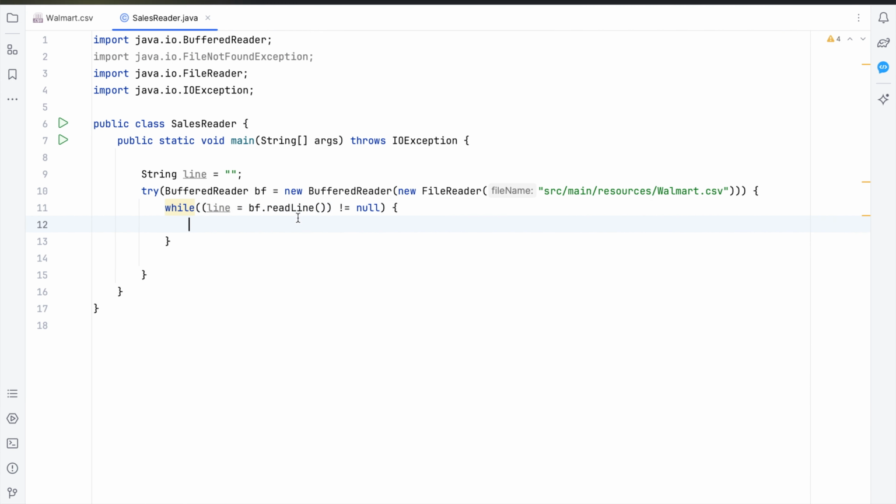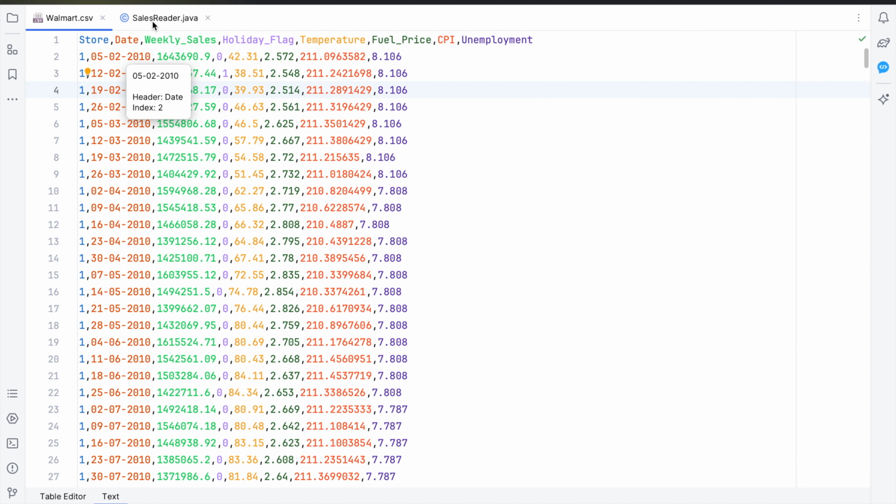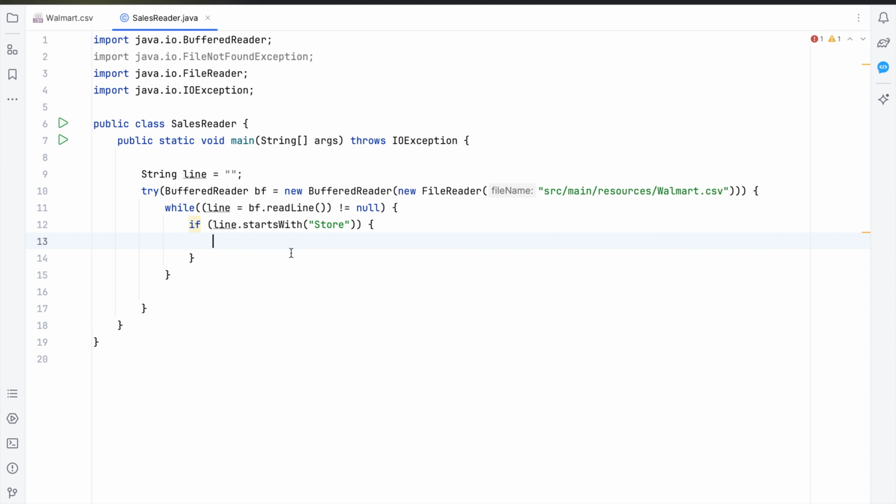If I go to the first line, you can see the first line is store date, it's just the headers for the data, so I don't need to parse this line. I only need to parse the rest of the data. So what I do is I say if line starts with store, because this one is starting with the store, I need to ignore that line, right? That means if the line doesn't start with the store, then only I do my operation. So this exclamation here means not, meaning that if the line doesn't start with store,